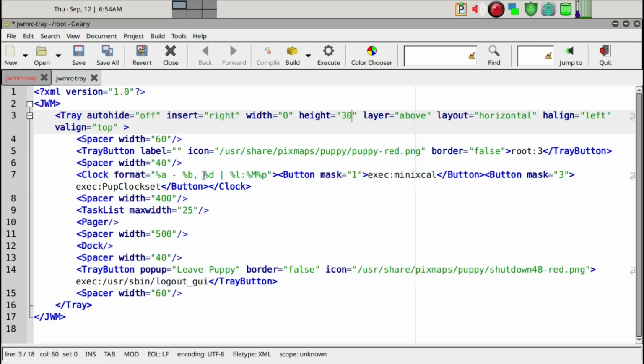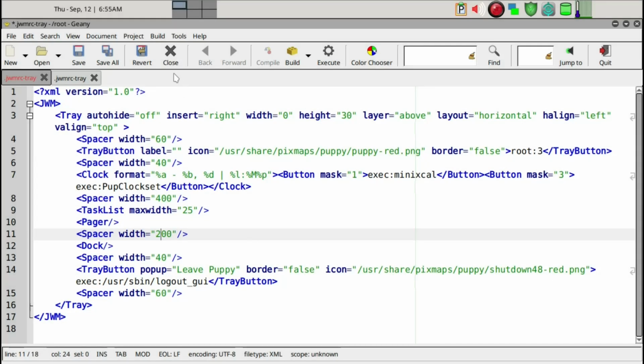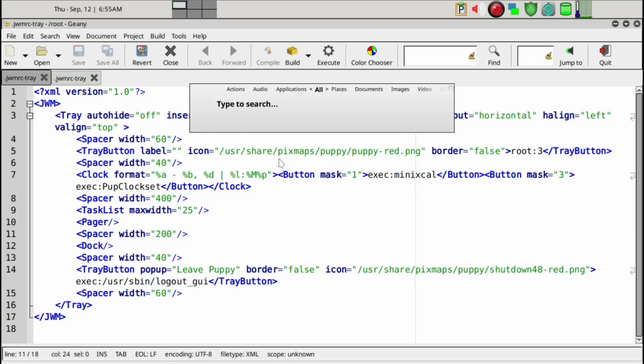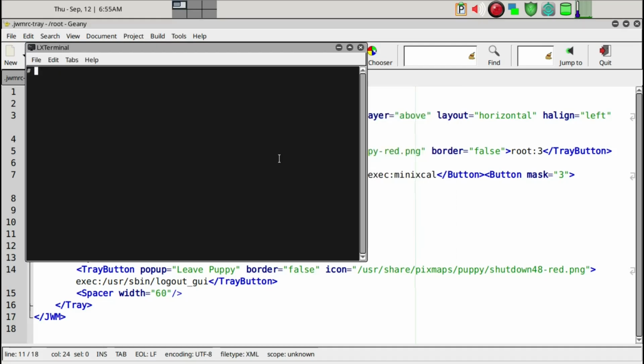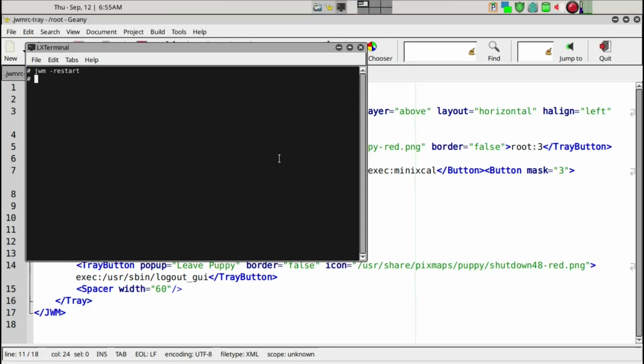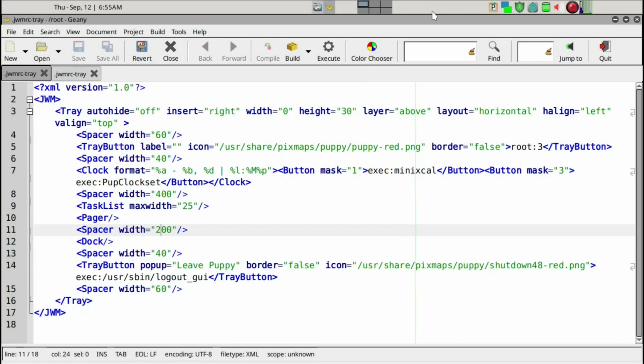And then if you look at the spacer, here is a pager spacer. There's 500 pixels. We make it 200, for example. It's gonna put the pager near the middle, hopefully. And we'll go ahead and save that for now, and then see what that looks like. LX terminal, and then we'll go to JWM restart again. So now the space is much smaller,